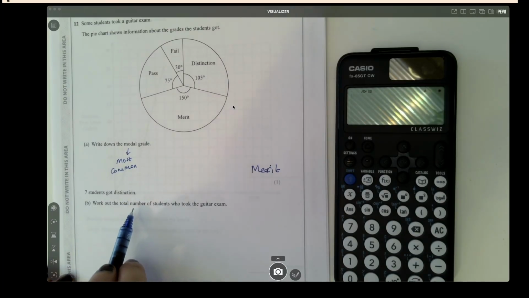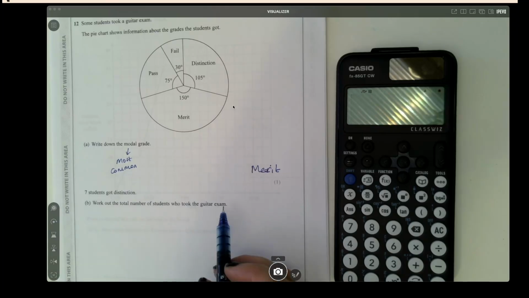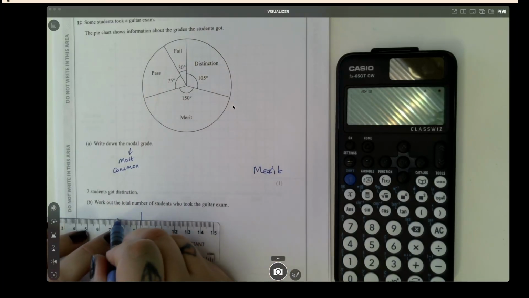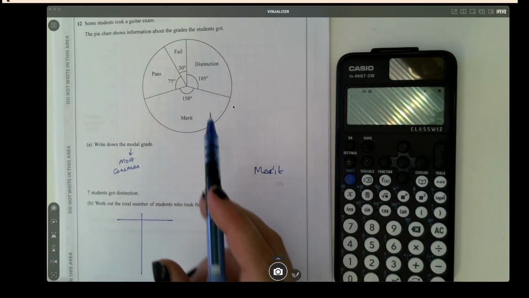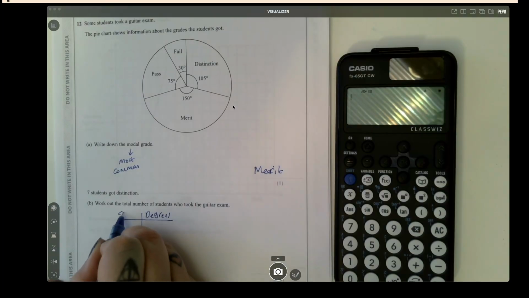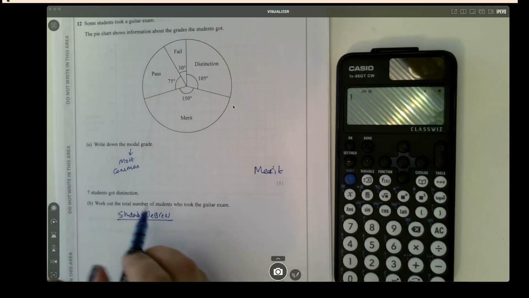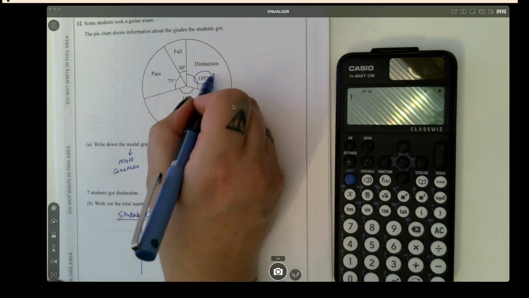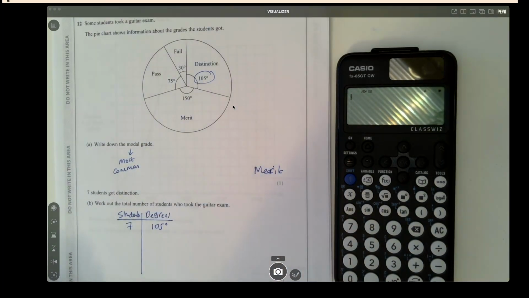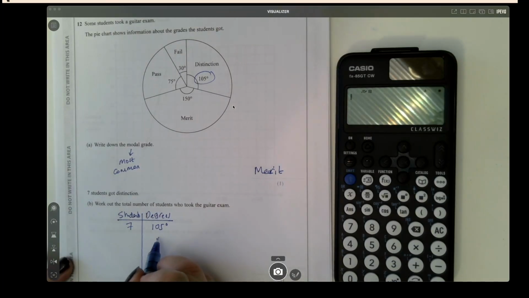Part B, work out the total number of students who took the guitar exam. So we're going to work with degrees here. So we've got degrees and then students. So 7 students got a distinction. So those 7 students are worth 105 degrees. Okay. So what we're going to do, we're going to go to 1 degree and then to 360 degrees because